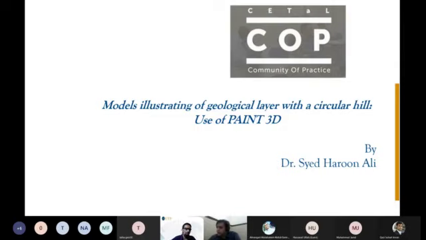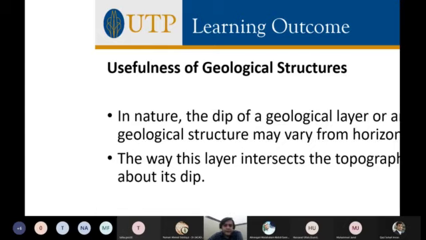Paint 3D tool was launched in 2017 and is very useful. As I was talking to Dr. Numair before the presentation, I told him that I normally ask my students to learn graphics, because graphics are the most important part, and students need to learn that for their future, for better understanding, and also for research. Okay, so let's go to the slides.